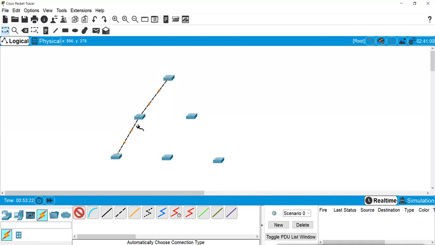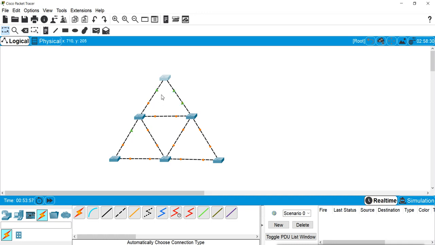Now you see these ports are not enabling. They are not showing a green light, they are still in amber color. Now why? Because of the STP protocol. It is going through all those different states like blocking, listening, learning, and then it will go to forwarding state, and for that it will take almost 50 seconds. So still they are not enabled. Now you see slowly other ports are getting enabled, and the port which can create a loop will be blocked.